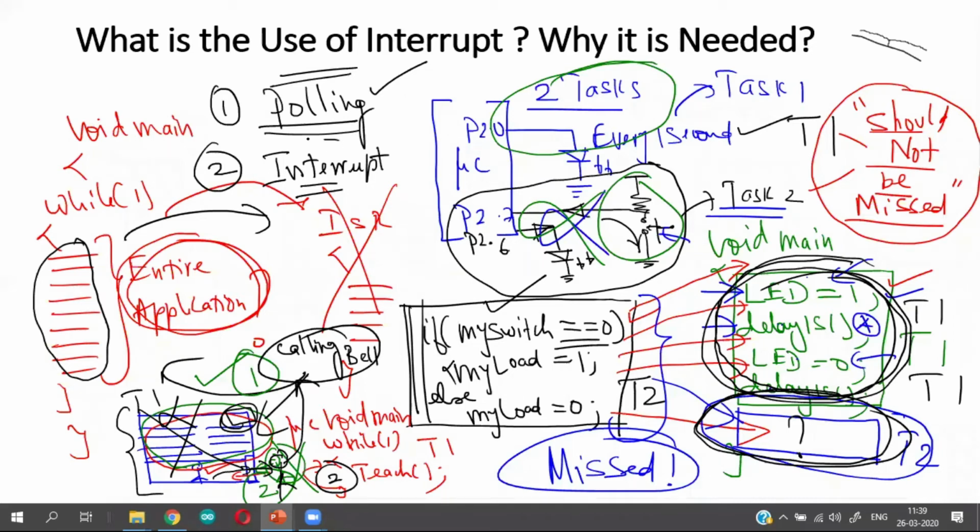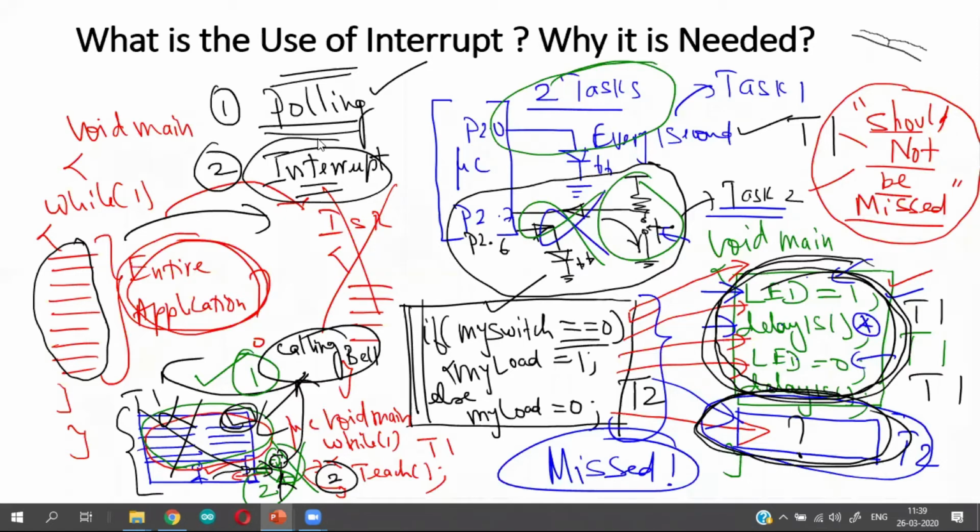Of the two techniques, which one is more productive, do you think? Obviously, it is the interrupt technique. Why is the interrupt technique more productive with regard to polling? Because in this case, the processor is suspending the background task only when there is the presence of an event. Only when somebody is pressing the calling bell, at that time only I stop my background task of taking lecture.